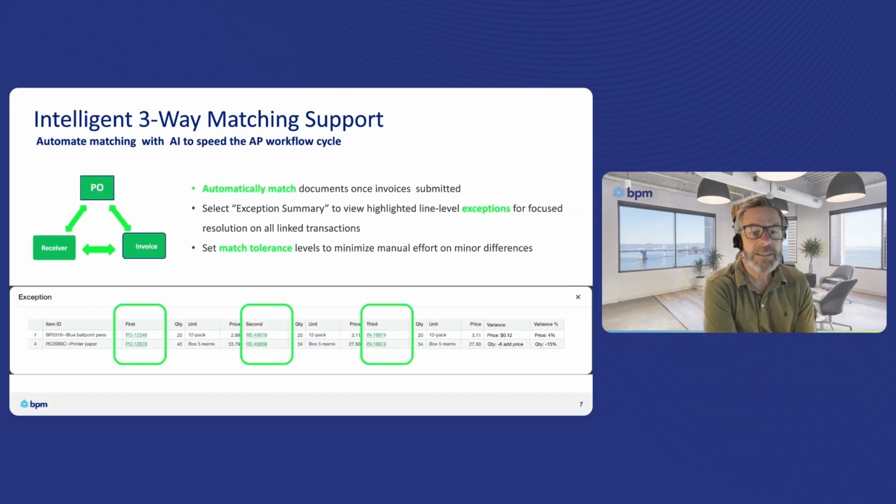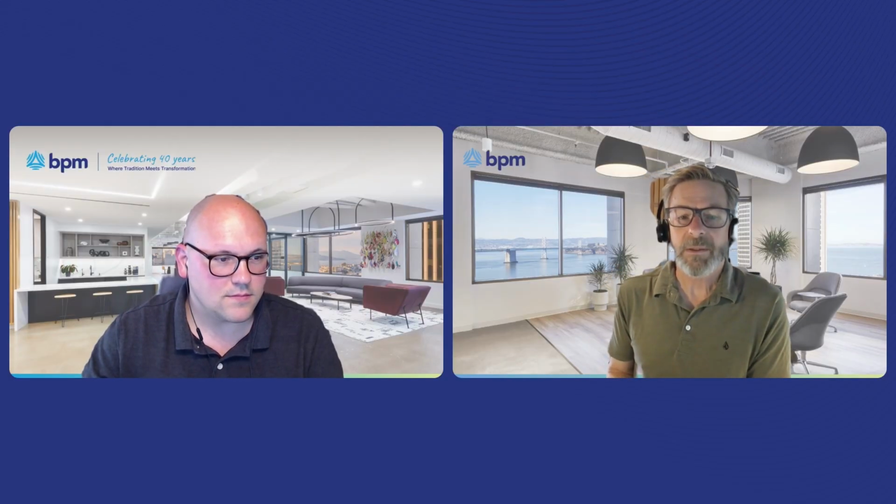And you get to see each of the transactions being matched in that sequence in one display, with exceptions displayed and analysis as to whether it is a price variance or a quantity variance or both. Super cool stuff that will really speed the creation of invoices